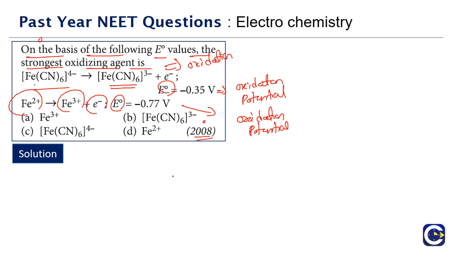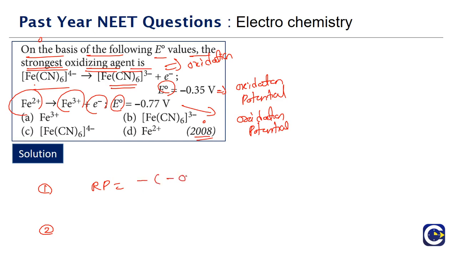Now the question is, on the basis of these values, we have to choose which is the strongest oxidizing agent. Whenever we have a question like this, we go back to our conventional approach. We are more used to working in terms of reduction potentials. So for the first and second reactions, if we are talking in terms of the reduction potential, I think in the previous problem we discussed that if you reverse an equation, the potential will become negative.